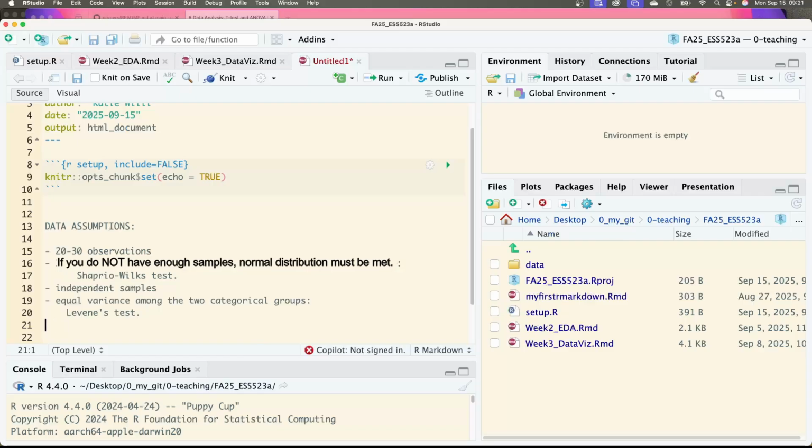Okay, so what happens if you find either your data isn't normally distributed, if you have a sample size below 30, or regardless of how big your sample size is, you don't have equal variance? There's two approaches that you can take for your data sets. So the first one